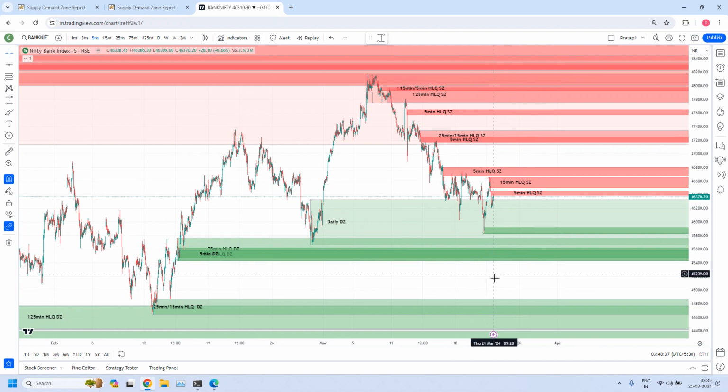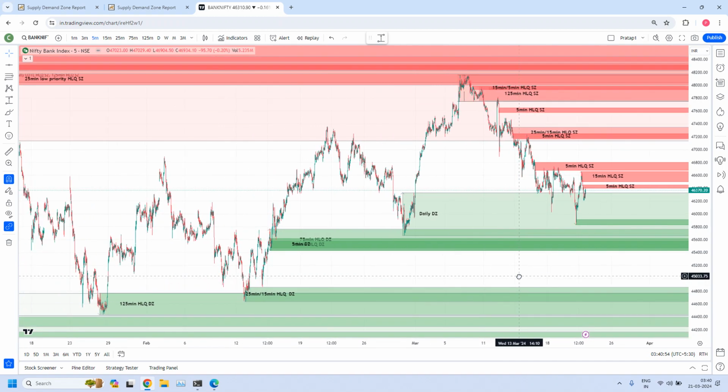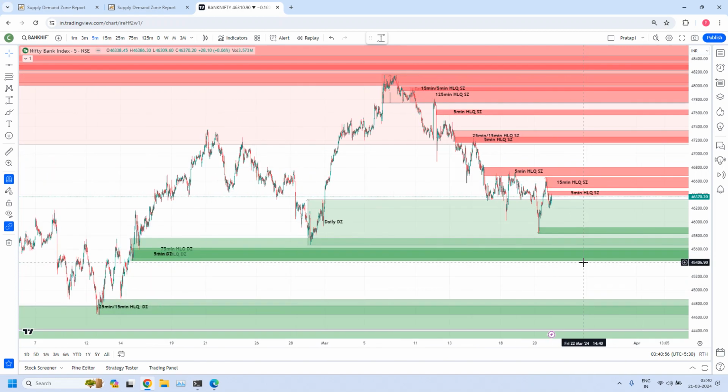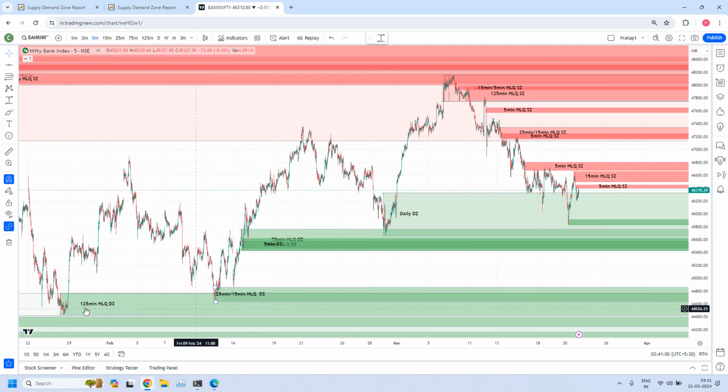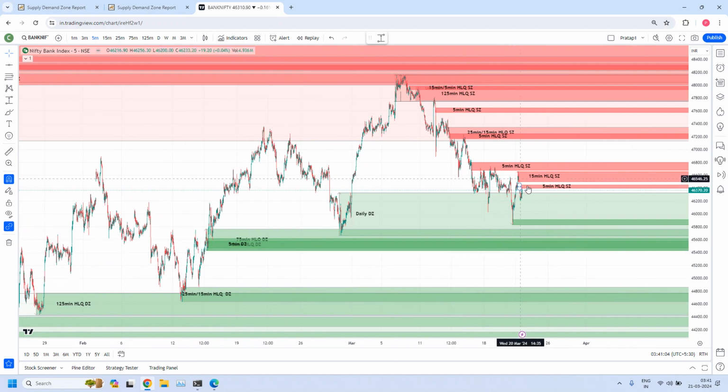Definitely not this week to get into the weekly area, unless something wrong happens. That means the supply becomes very strong and demand is weakened. Maybe tomorrow, day after tomorrow, a huge fall in Bank Nifty, and then it may enter into the weekly area. Except that one possibility, maybe this week it takes some time because high liquidities are already here. All these high liquidities should be violated. That means institutions further build more high liquidities before this.